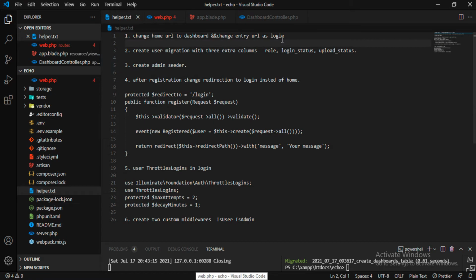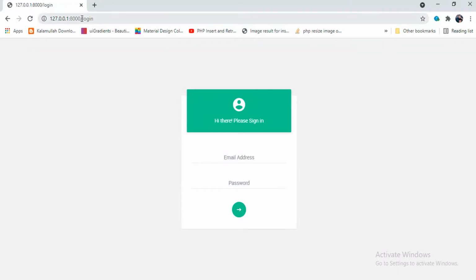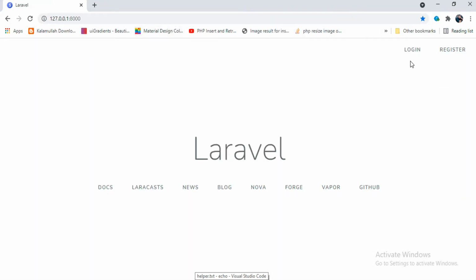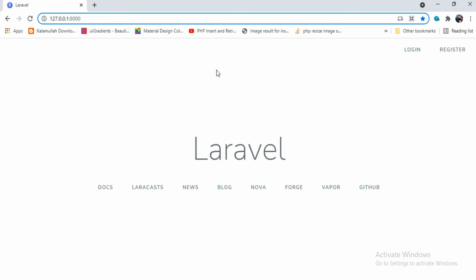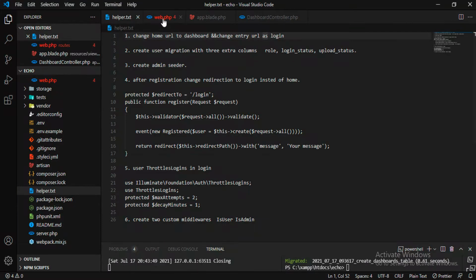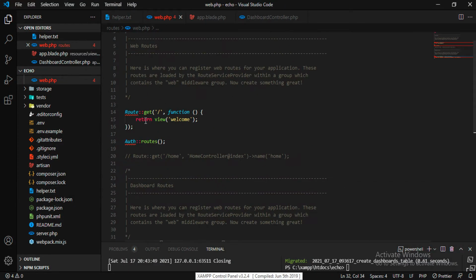We changed our home URL to dashboard. The next one is change entry point URL to login. So here when we go to our entry point, it is getting like this, but we don't want it like this. So our entry point must be login, right? So for that, go to web.php. Here the entry point is welcome. Instead of this,